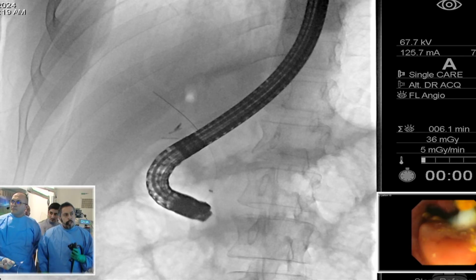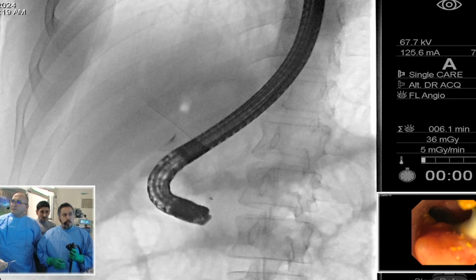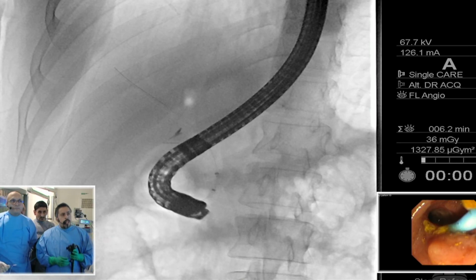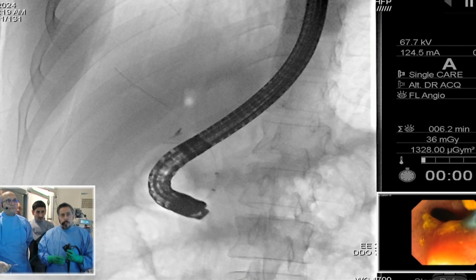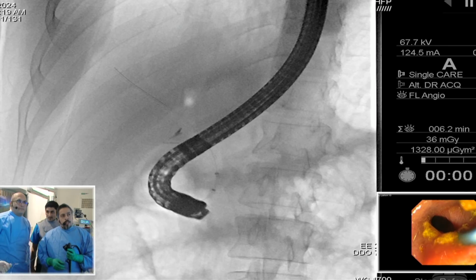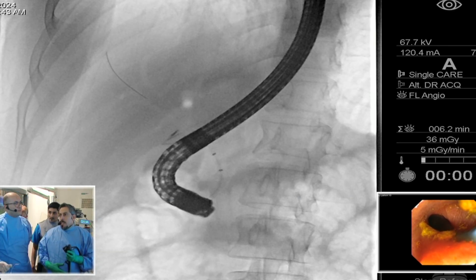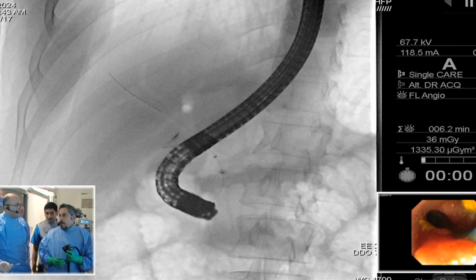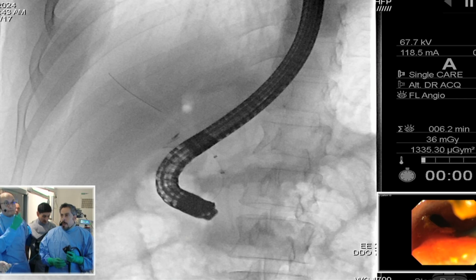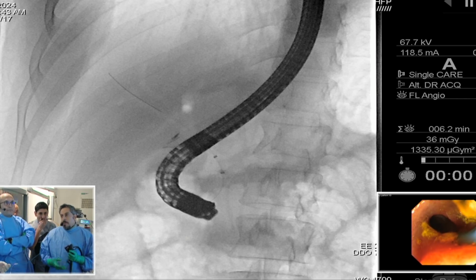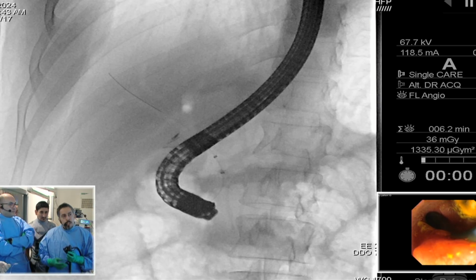I don't keep it for 2 to 3 months. I would like to bring them back as soon as possible. However, due to sometimes the difficulty in scheduling and the high volume of cases, I cannot always find a slot for them in 2 weeks or a month. So unfortunately sometimes they have to come back in 2 to 3 months, but it's not